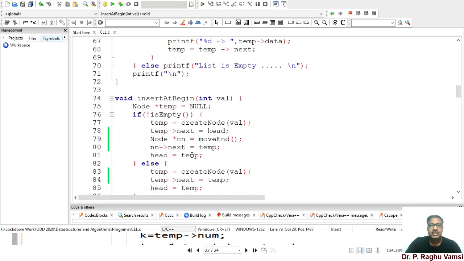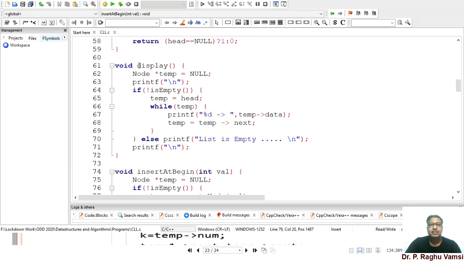Next, since it was inserted, I want to check whether the thing is working fine or not. So for that, I will write void display. In order to display this, first you have to check whether the list is empty or not. If the list is not empty, as usual, temp is equal to head. How long are you supposed to move through the list so that the display can be done? You have to move the list till temp next not equal to head.